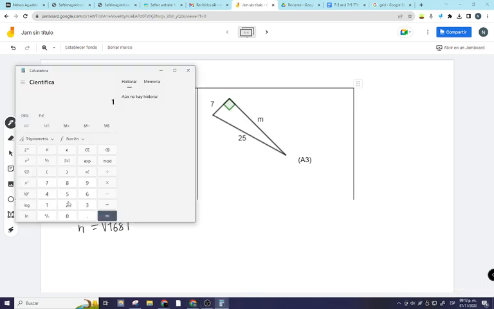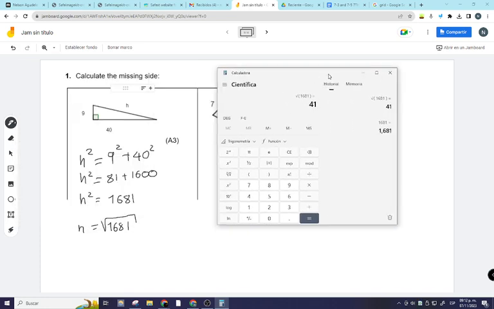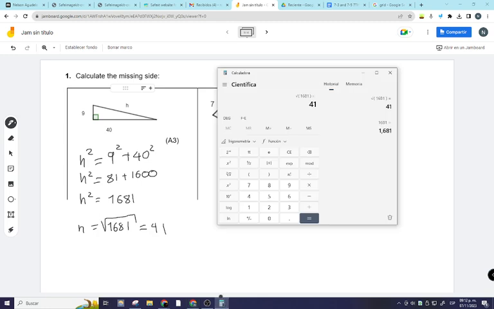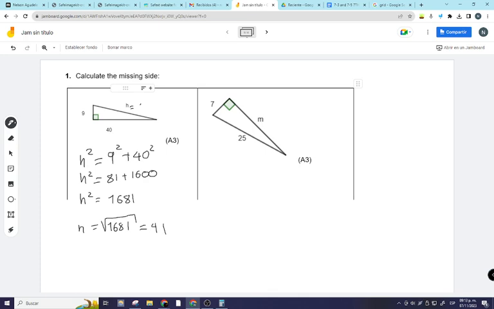Square root of 1681, the square root of that is 41, is exactly 41. Okay, let's confirm. What would it be, 41 times 41? That one. So yeah, the hypotenuse is 41. Now here